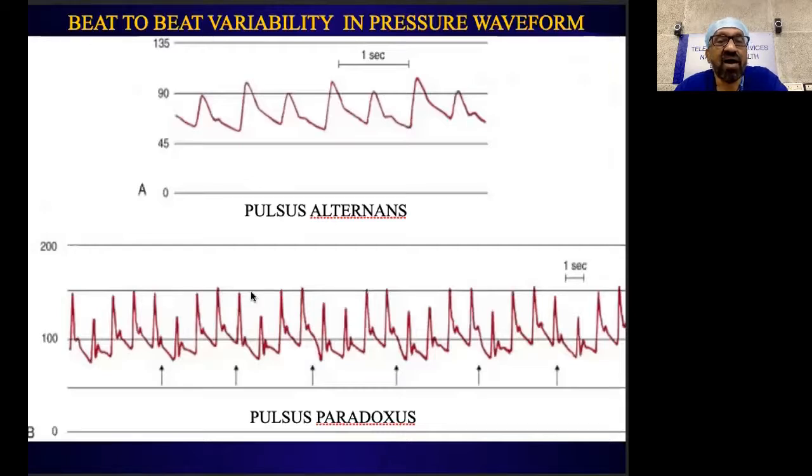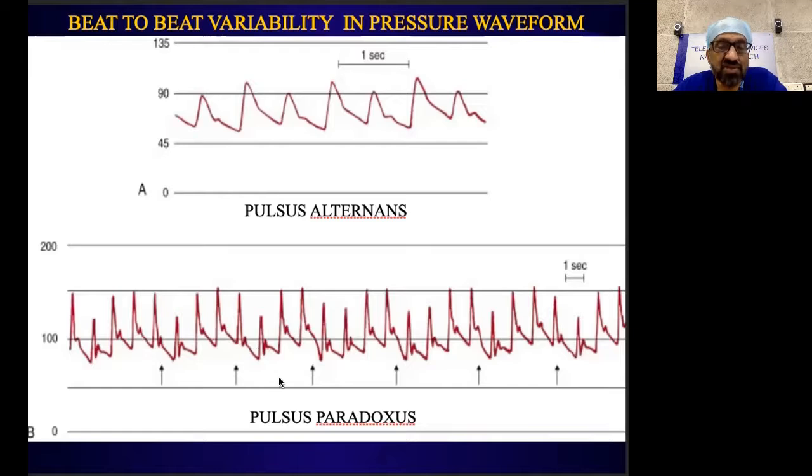And in patients who have pulsus alternans, every second beat, or the second wave, is smaller as compared to the previous one, as a result of the left ventricular dysfunction seen in these patients. This must be differentiated from pulsus bigeminy, in which the arterial trace again shows every second beat to be a weaker beat. But the difference is that in pulsus bigeminy, the ECG will show ventricular bigeminy, as compared to pulsus alternans, where there is a normal sinus rhythm.